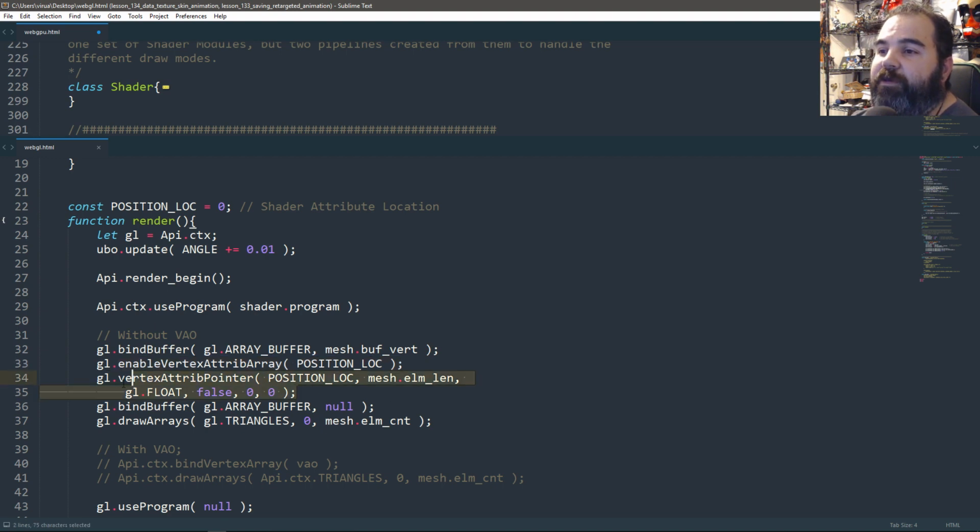We have to configure location 0. We're going to say that location 0 is going to have this many elements. It's a vec2, sorry, vec2. It's going to have a type of float, and I forgot what the rest of the configuration is. So now that we configured that attribute pointer, then we